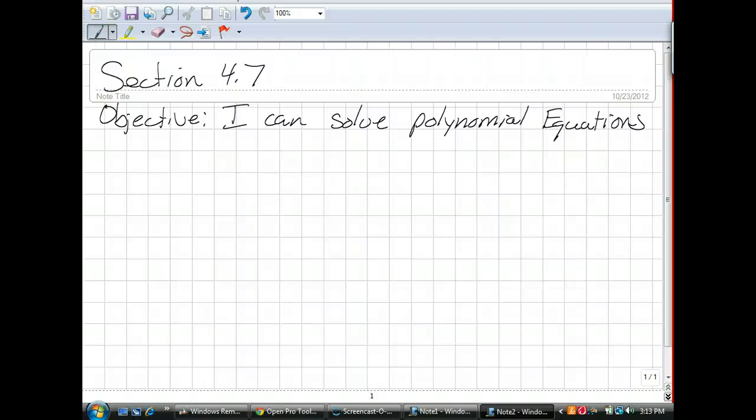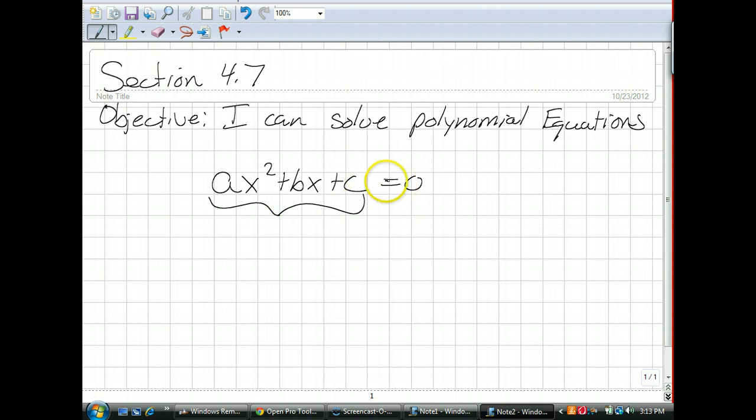Today we are looking at section 4.7. Our objective today is, I can solve polynomial equations. Now a polynomial equation is an equation of the form ax squared plus bx plus c equals 0. Notice that your polynomial is on the left hand side and it's always set equal to 0 if you want